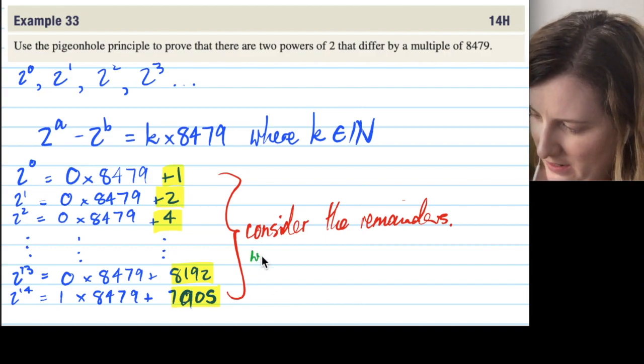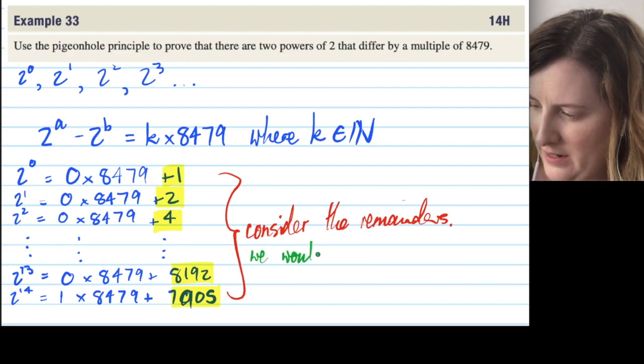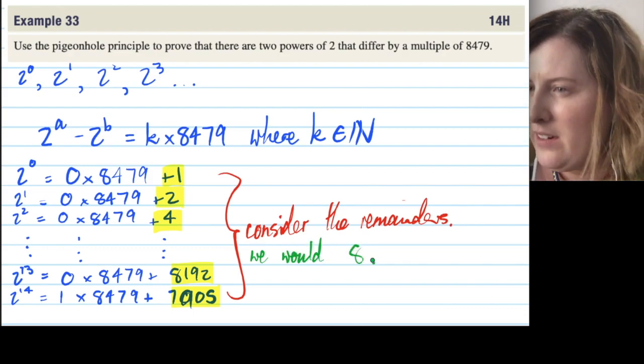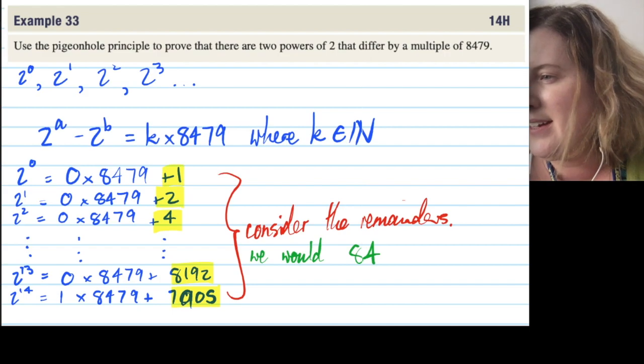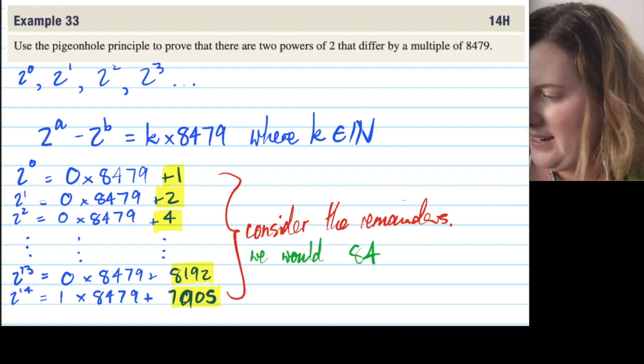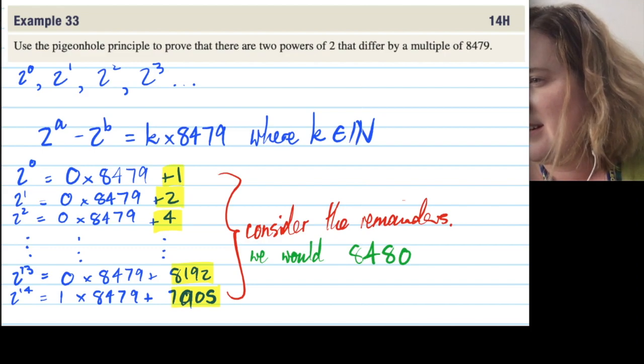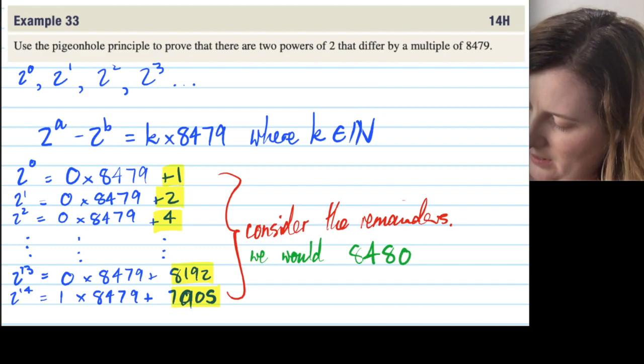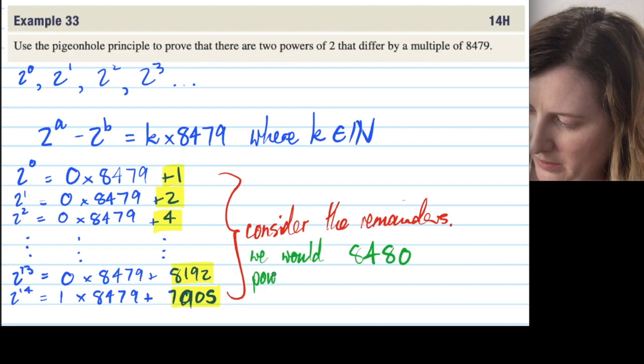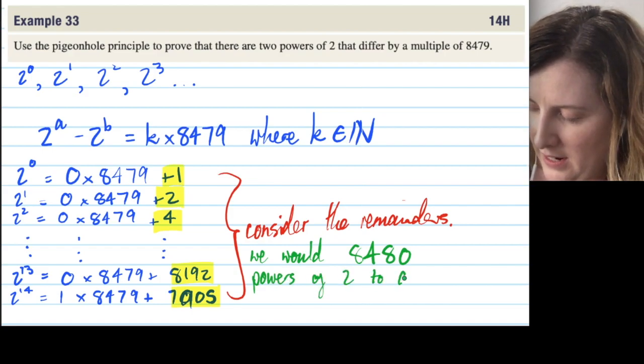We would need 8,480 powers of 2 to guarantee,